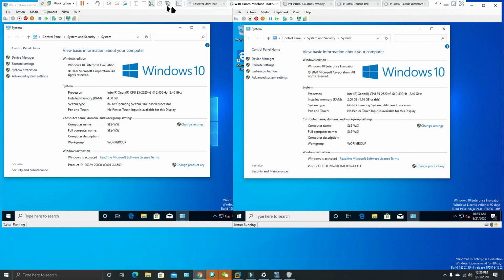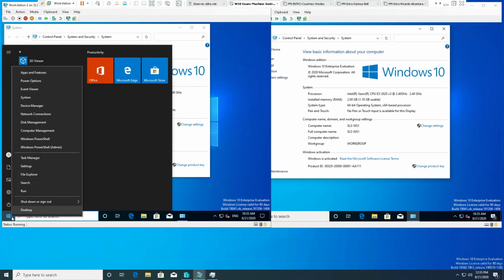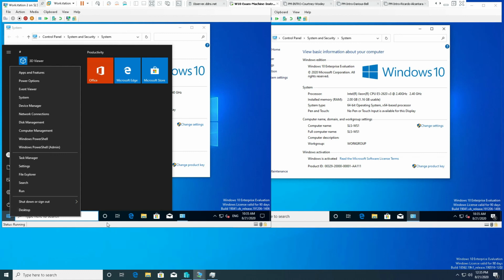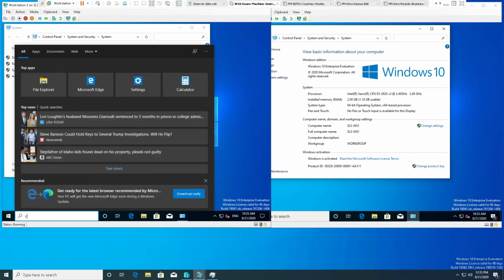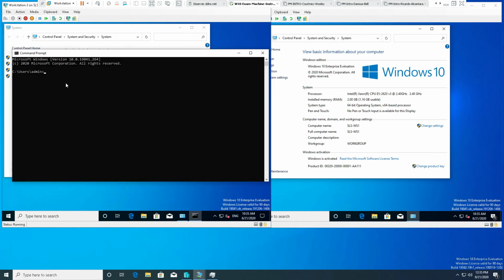All right, coming over here. I'm going to come to the command prompt on this one. It's going to do PowerShell, so I'm just going to do CMD. It's going to give me command prompt. I can see the computer over here. It says SLS-WS1. So I'm going to ping